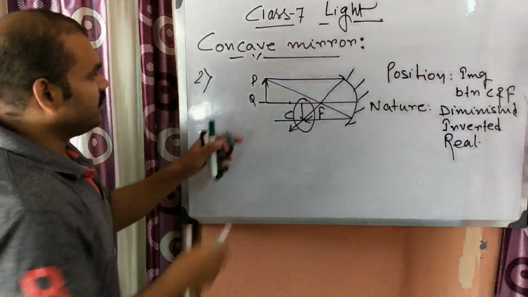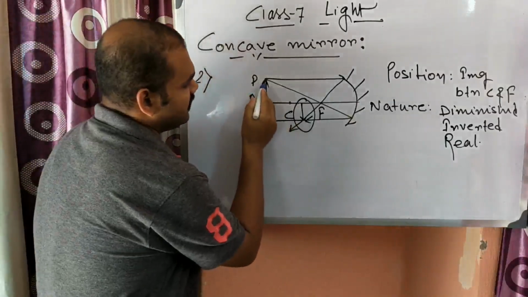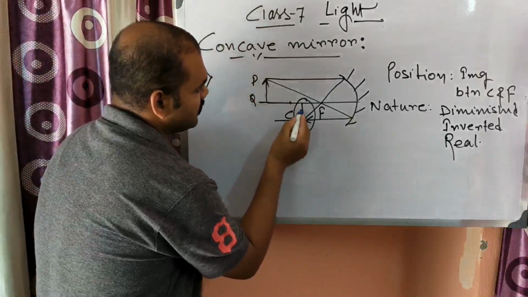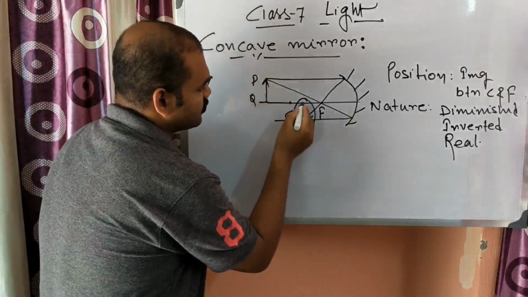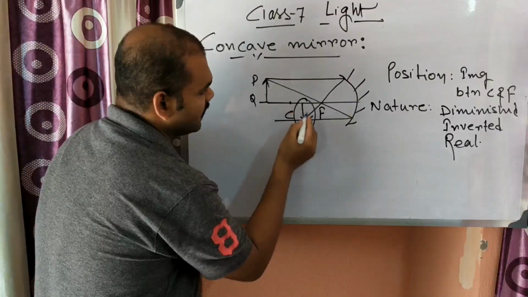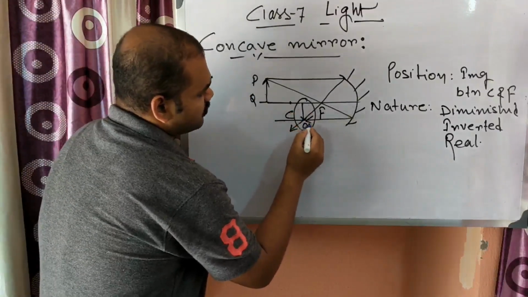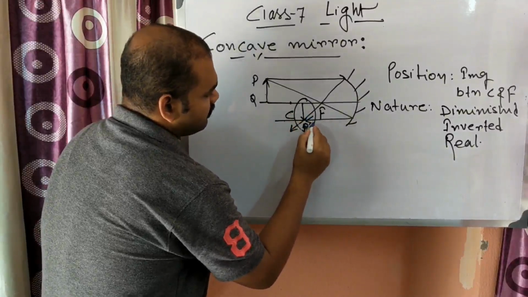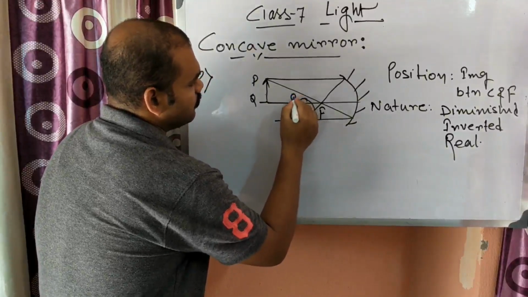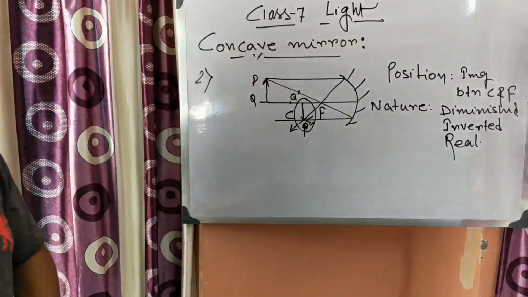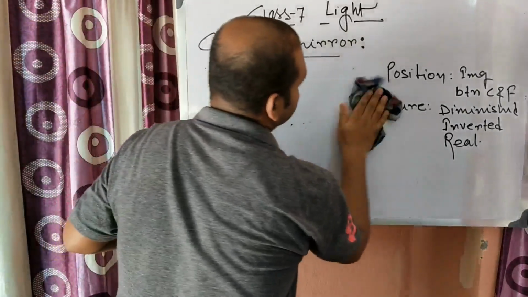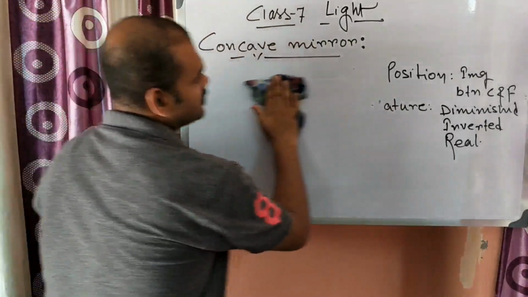Okay, so if this point creates an image over here, and this point an image over here, if you join all the points, we will get an image, suppose P'Q'. This will be P' and this will be Q'. So this is the name of the image, let's say. Next, so this is the second position. Next, the third position. What is the third position?